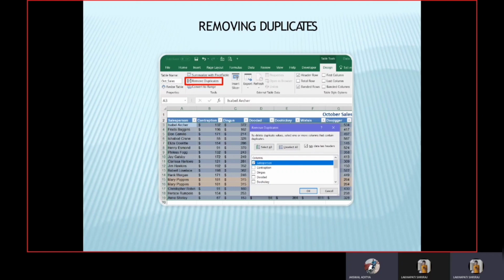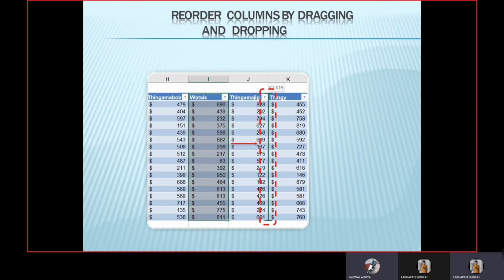Now to reorder the columns. Sometimes when the lists are big and we want to compare two or a number of columns, we can place those columns nearer to each other.